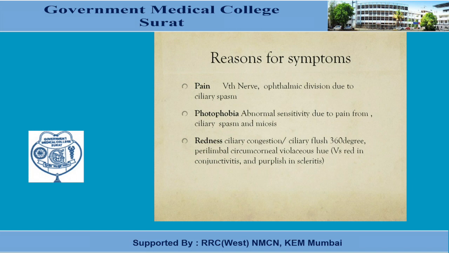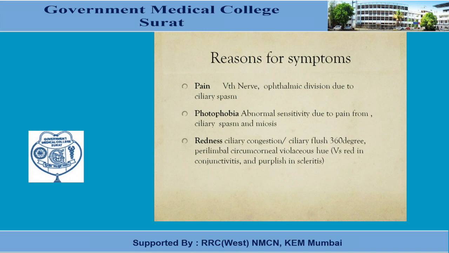And redness is because of ciliary congestion, which is 360 degree. It's there in glaucoma also. It is presented like a ciliary congestion, so it is around the limbus. Okay. So if you go into the vascular supply of the eye, you have the circle, iris major and minor. And because of either pressure or inflammation, the congestion is seen in the ciliary region. These are the main two reasons. Another reason is foreign body. Not many foreign bodies, but it will again initiate ciliary congestion.